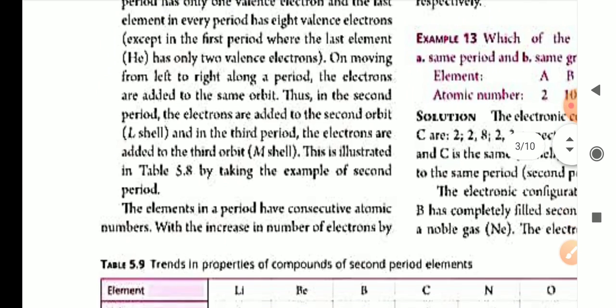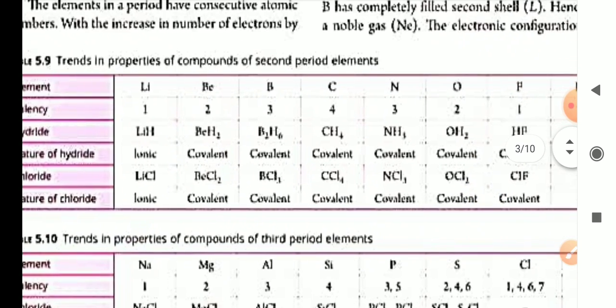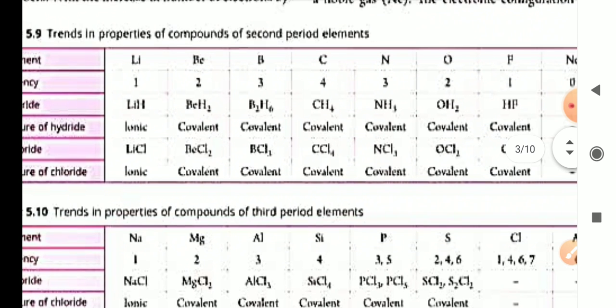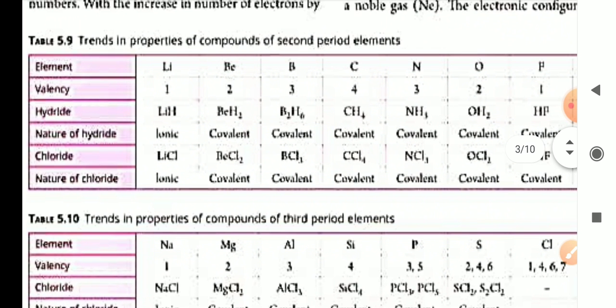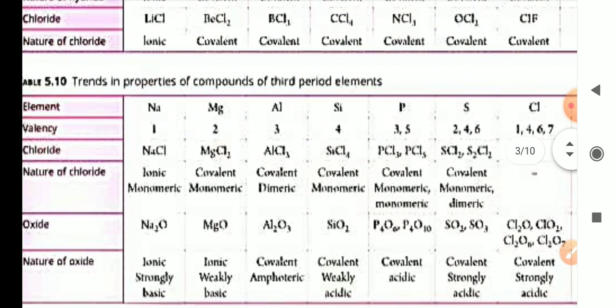This is illustrated in table 5.8. You can see lithium, beryllium, carbon, nitrogen, oxygen, phosphorus, neon. So how they will form different compounds with hydride, with chloride, nature of the chloride, everything is given. Next, in the third period you can see sodium